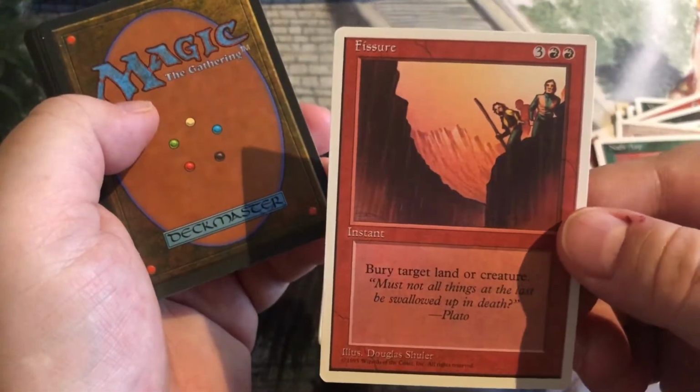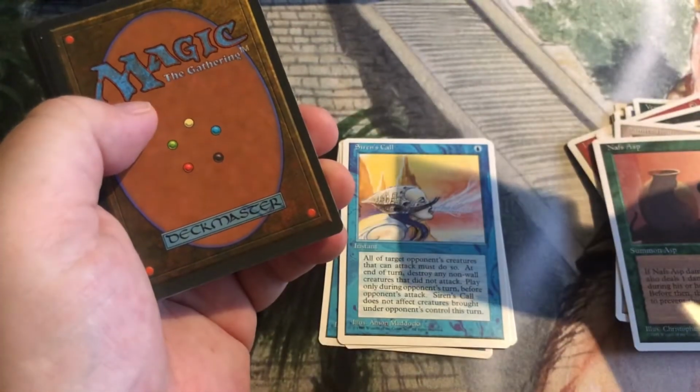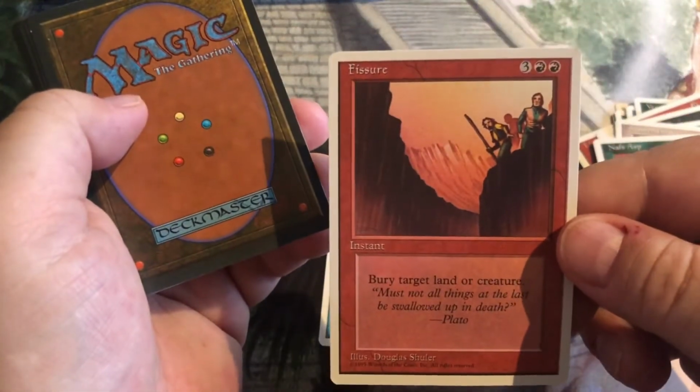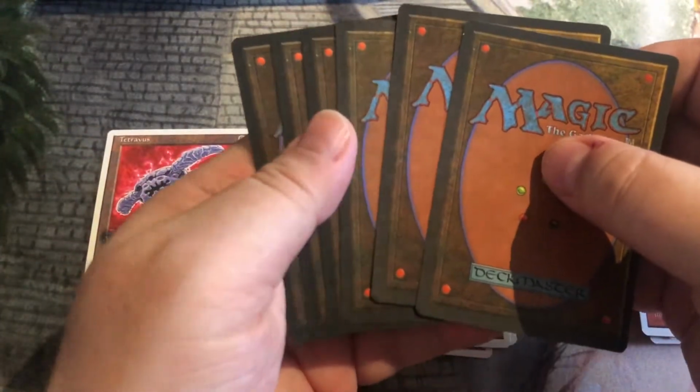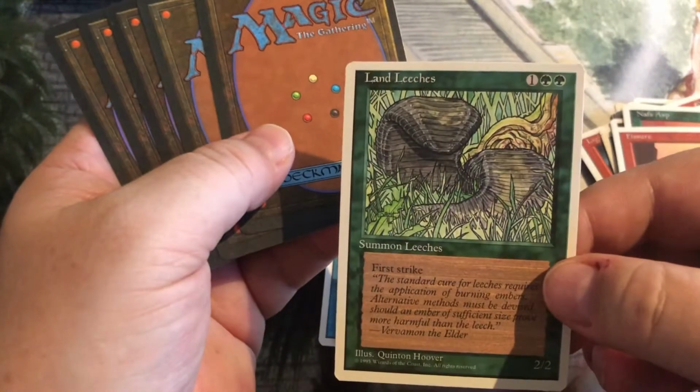And Fissure, bury target land or creature. So dual purpose, but quite a high casting cost. Didn't see a whole lot of play. Right. Land Leeches,